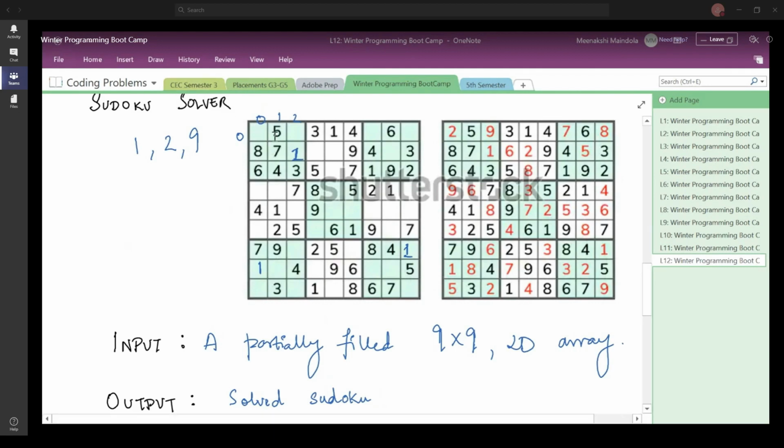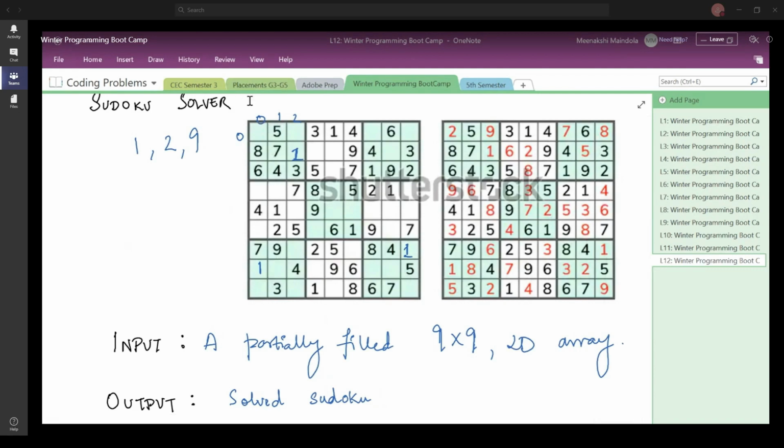As pointed out by Mayank here, when you pick up this particular cell, this is how your program should work. Please focus here and listen to this part carefully. Let us say this is the empty cell that your program picks up. Now you start from digit 1 and go on up till digit 9. When you start with digit 1, you check if you can place 1 here or not. You found this 1 here, so you say that you cannot place 1 here.